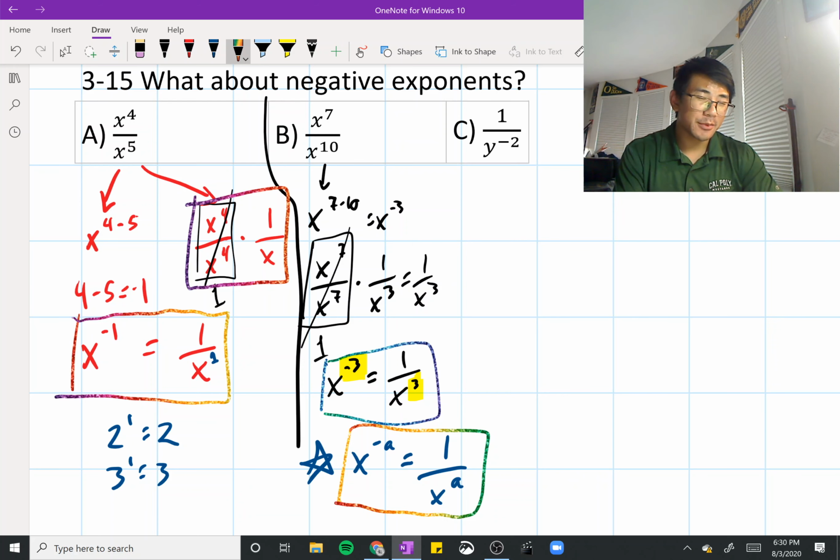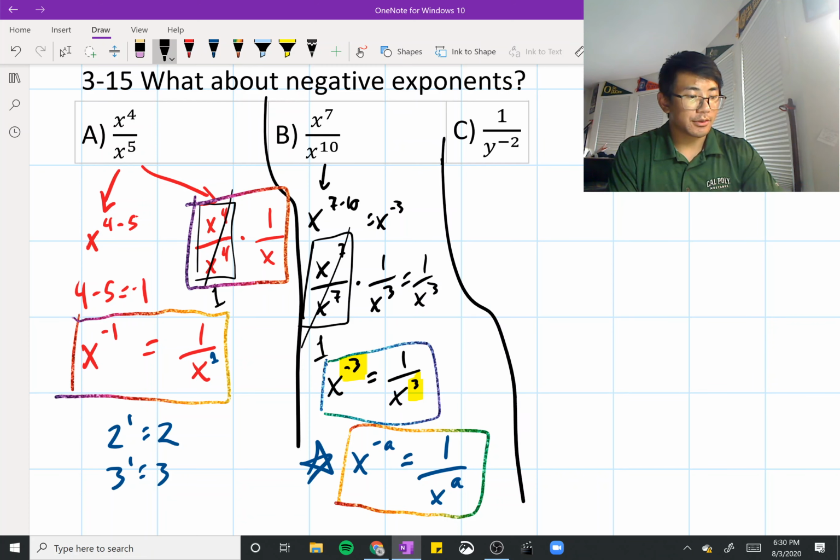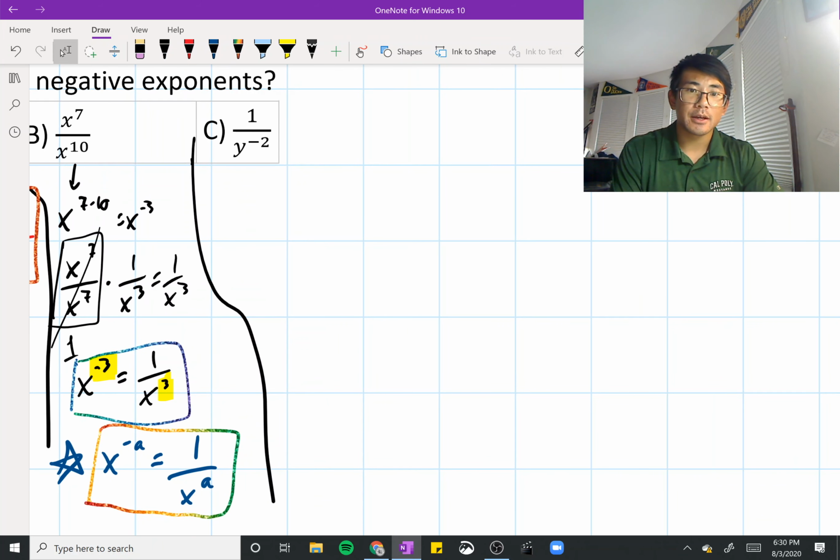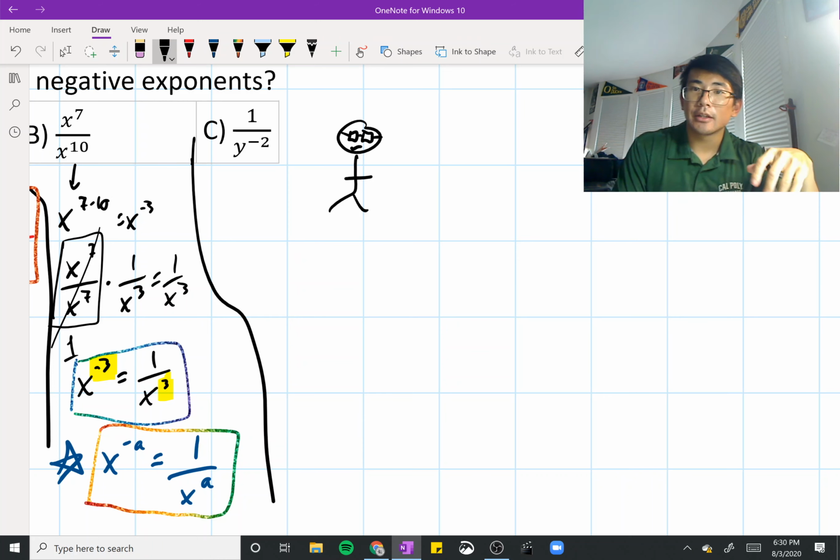I have a third example here because this is a type of problem that comes up that throws people off. What happens when the negative exponent is already in the denominator? Let's look at that. Here's how I would recommend doing it, and you might have another way to look at it, and that's totally fine. But this is how I look at it: for right now, I'm going to cover up the numerator. In my mind, so this is Mr. Chang right here, I've got my glasses on, that's me, in my thought bubble here,